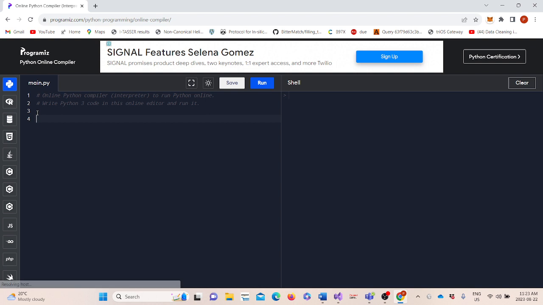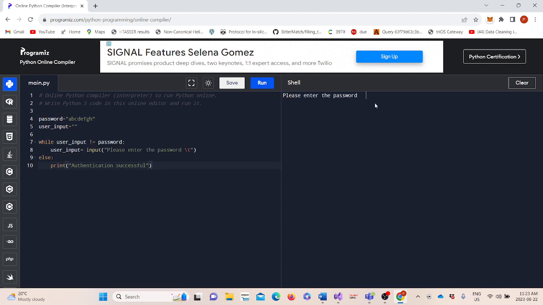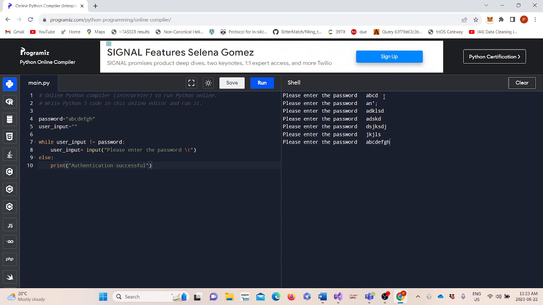Let's execute again and keep going crazy with wrong passwords, ABC, and yeah, it's just never going to end here. So we need to put the right password, ABCDEFGH, and then it's going to